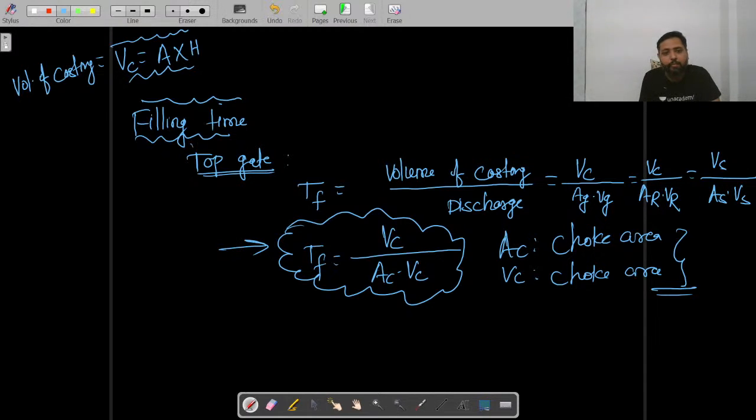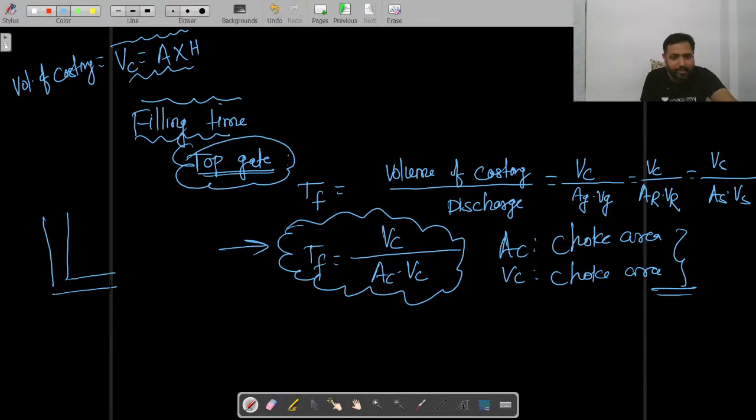This you must remember for top gate. What is this top gate, my dear? Suppose your sprue is like this, your runner is like this, and you have the mold cavity, and the cavity is like this. You can see the molten metal is right now filling from the top. This is what you call a top gate. Okay,